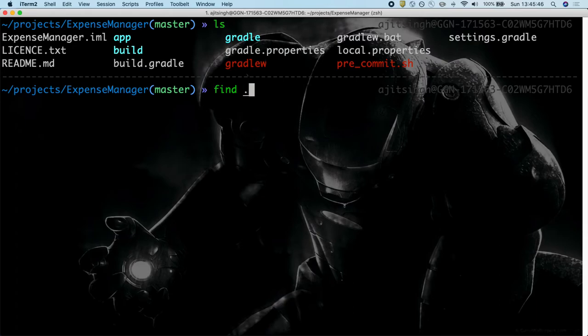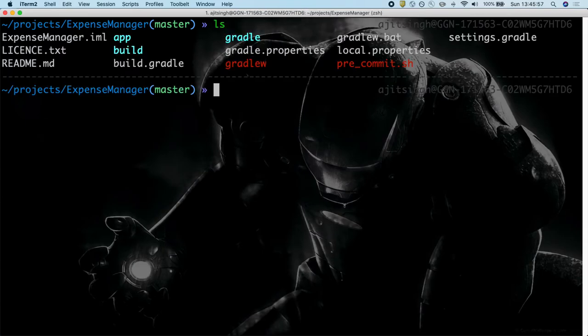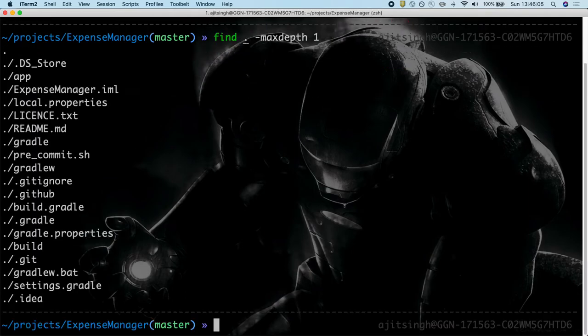For example, if I do find dot, it will list all the files and directories including the subdirectories. But now I want to restrict it to only this particular directory. In that case, I will give the option -maxdepth 1 and it will give me the files and directories only of this particular directory, or with the depth of 1.